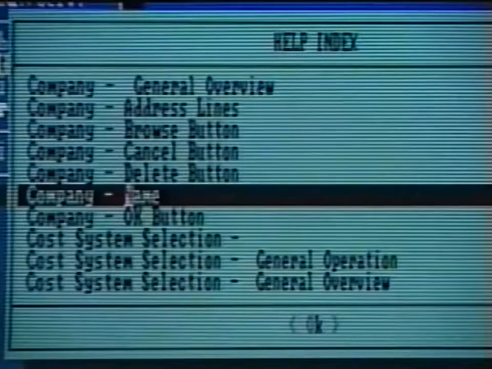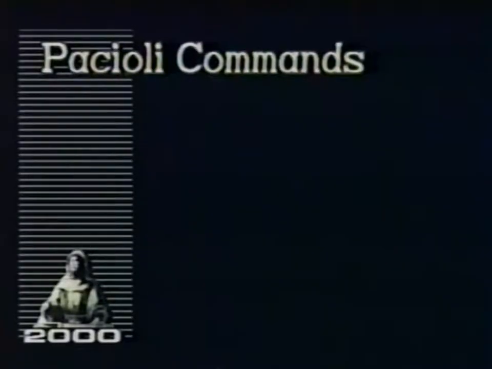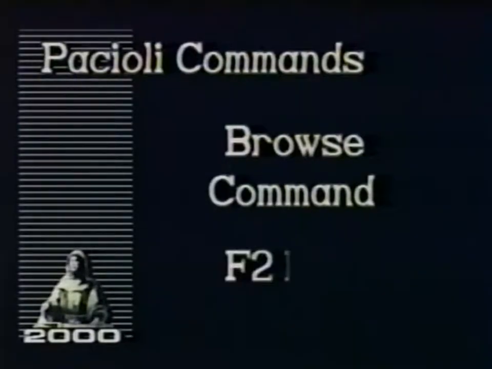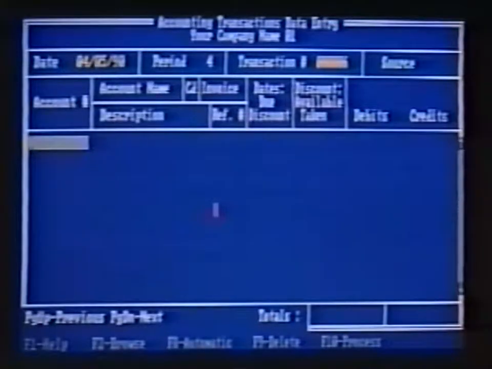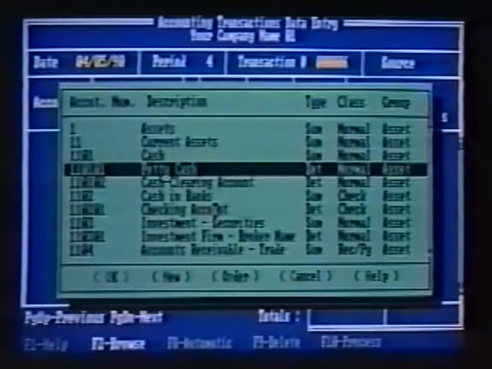to make the selection. We'll use these same selection techniques, the arrow keys, the Tab plus Shift-Tab keys, and the mouse, to make most of our selections in Pacioli 2000. Another important command in Pacioli 2000 is the Browse command. Selecting Browse with the mouse or F2 key allows us to look up account or product information that we have forgotten. When we use the Browse command, Pacioli 2000 will present a pop-up window containing account numbers and account names,